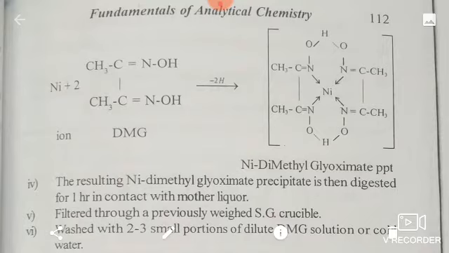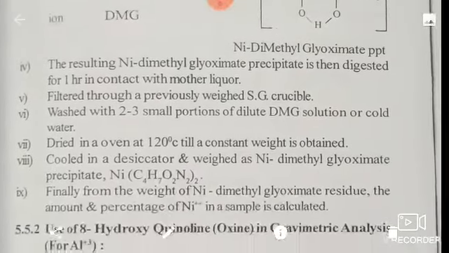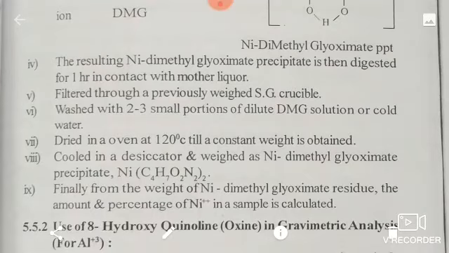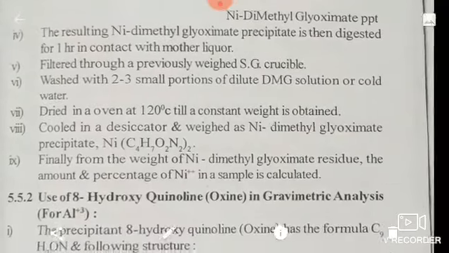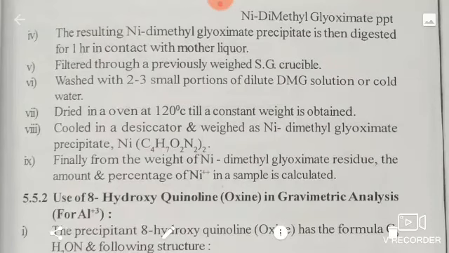See here, CH3 NH. The resulting nickel dimethyl glyoxime precipitate is then digested for 1 hour in contact with the mother liquor and filtered through a previously weighed silica, that is sintered glass crucible, washed with 2-3 small portions of dilute dimethyl glyoxime solution or cold water, dried in an oven at 120 degrees Celsius till a constant weight is obtained, cooled in a desiccator and weighed as nickel dimethyl glyoxime precipitate,